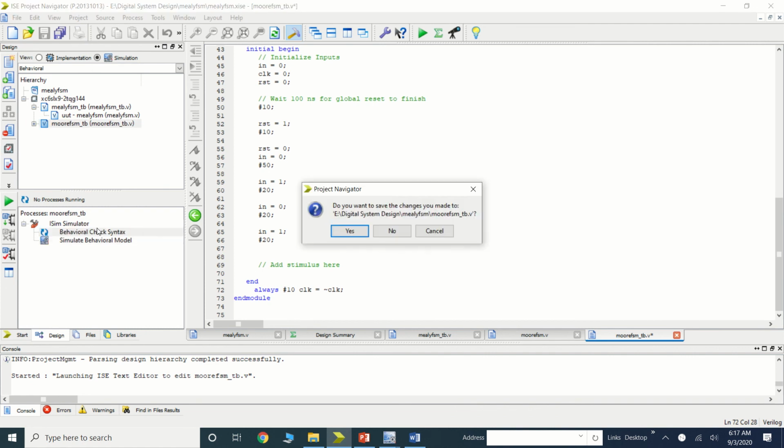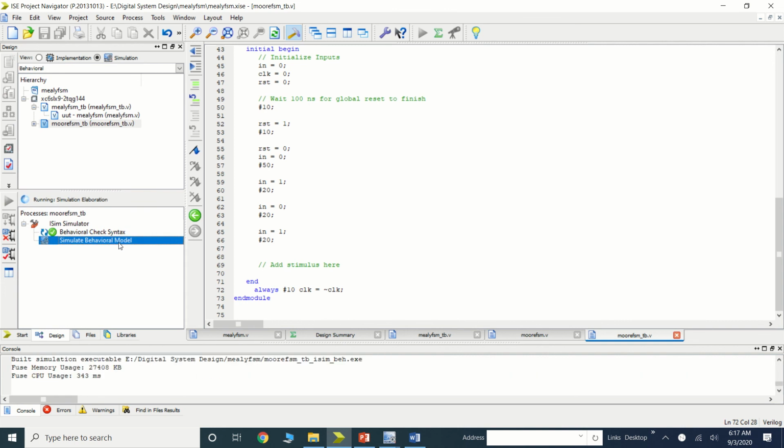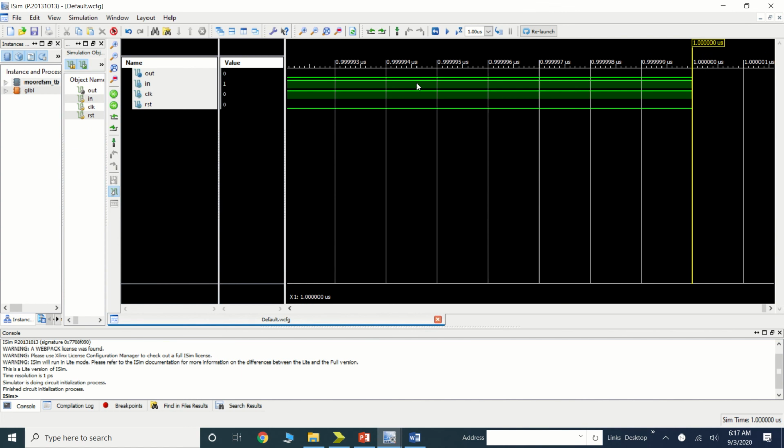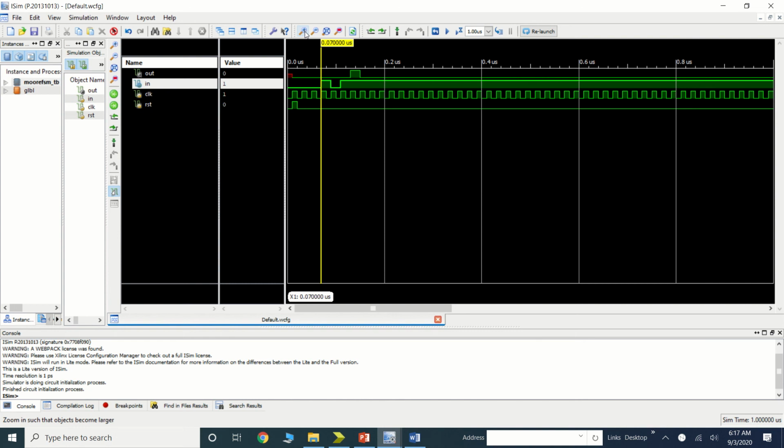I am checking the output. Okay, so it is successfully done. Now we'll simulate. Okay, so again let's check it.